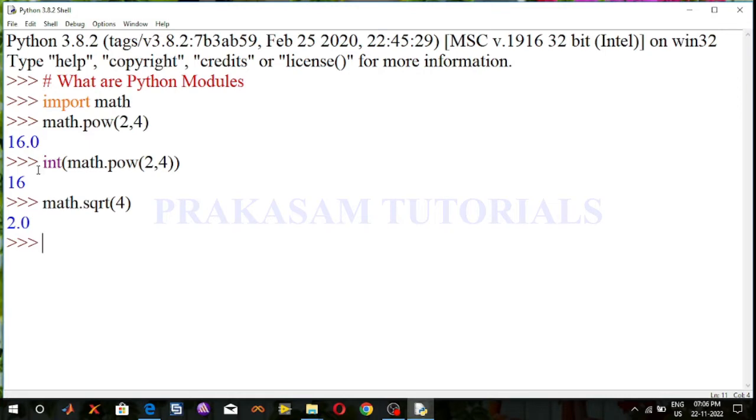So using the command from math import, I am importing the sqrt and factorial modules. Previously only the math module was imported using the import statement, so there I had to use math.pow and math.sqrt. But now, using specific imports from the math module,